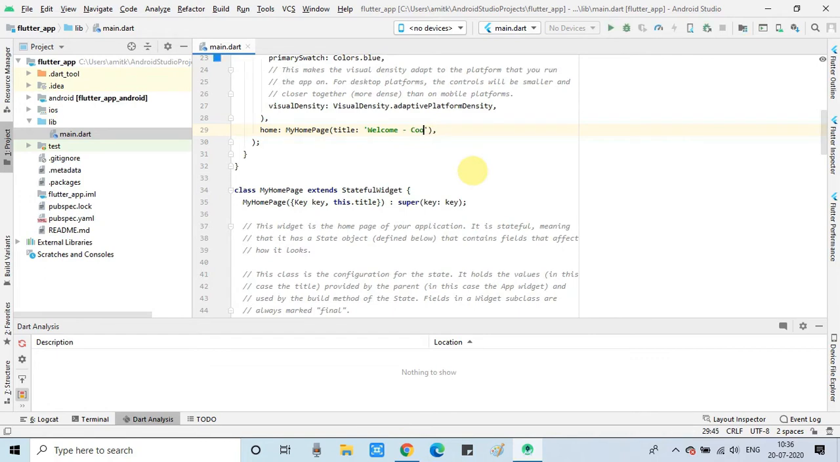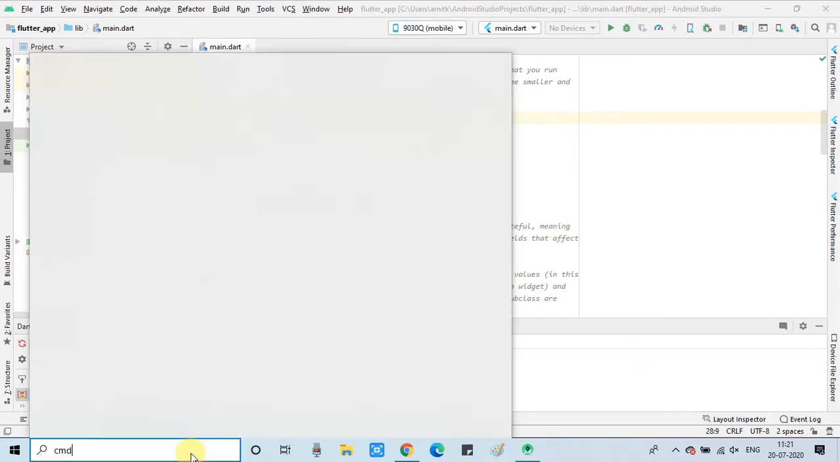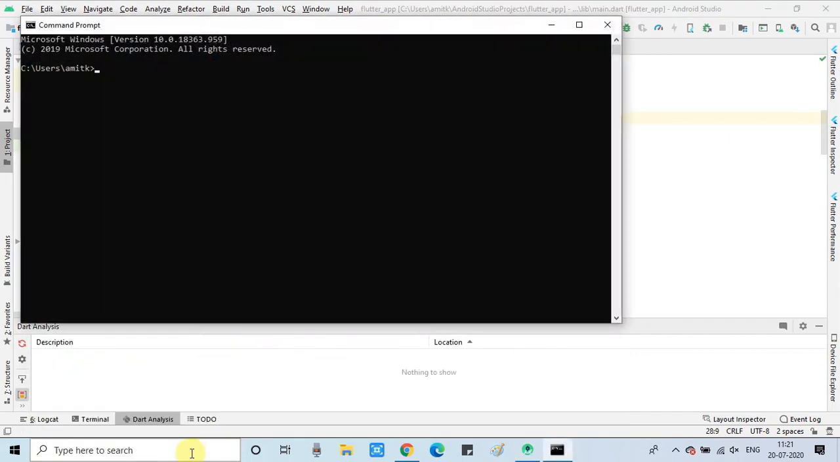So here I'm going to change in this code. So right now I'm changing the title of the home page, Welcome Cool IT Help. I have just changed this text, and we have to run. Okay, so I have connected my device, and before going to run,